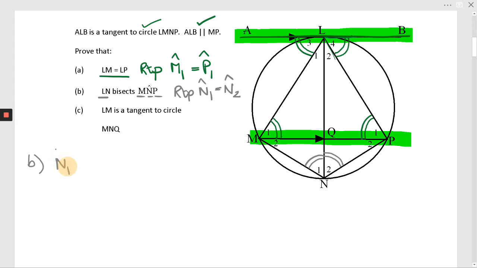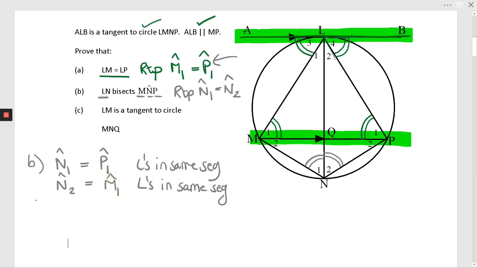So N1 equaled P1, and that was angles in the same segment. But then I've got M1 and N2, but remember I actually already proved this thing here. That's already proven, okay? So I'll come to that in a moment. Then I'm going to say N2 equals M1. It's the same reason. Therefore, because M1 equals,